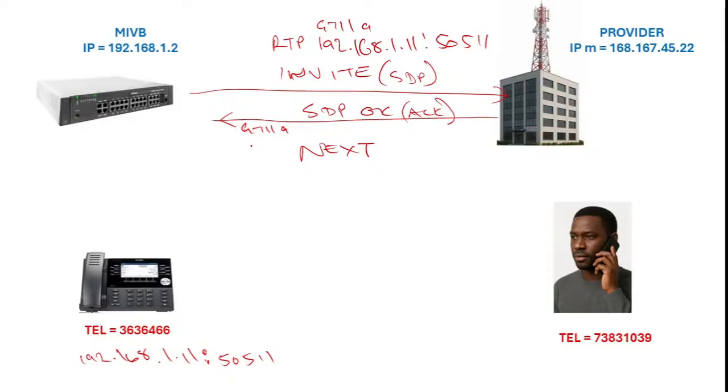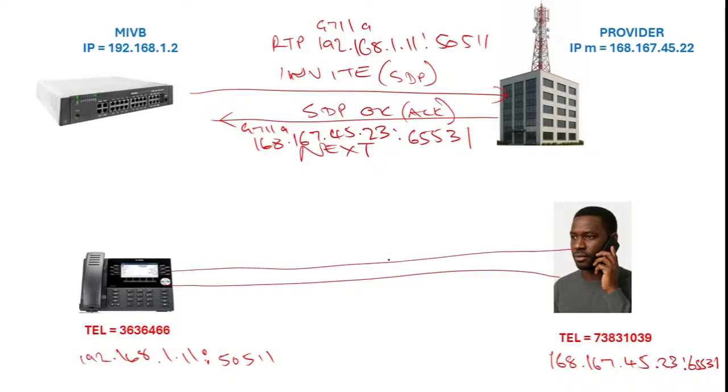to 168.167.45.23 on port 65531. So what this means, at a high level, is that it's going to be 168.167.45.23 port 65531, and we are going to form a temporary